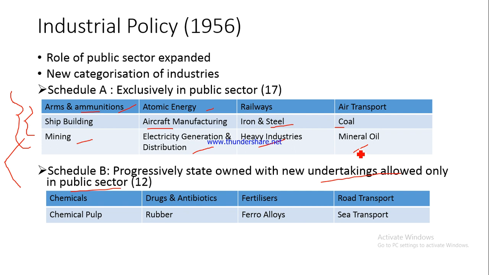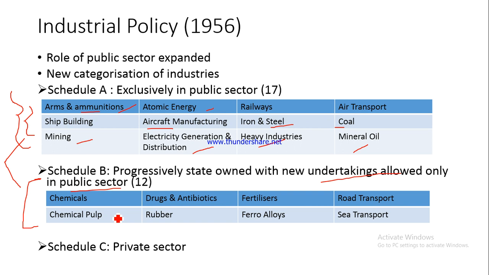And these were kept under the exclusive control of the public sector. Here also you would find that they were very, very important for the economy, and that was why they were kept. It was thought that they would be brought under public sector control slowly and gradually. Right? So these were the Schedule B industries, and then we had the Schedule C industries. Now these were all the other remaining industries which were kept open for the private sector to enter. So the private sector enterprises could set up their units in these industries which were part of